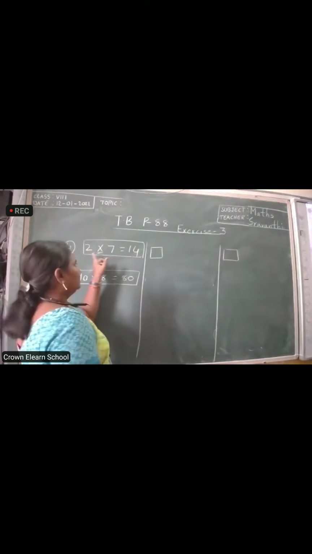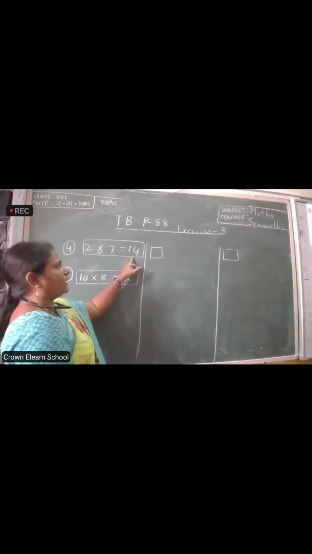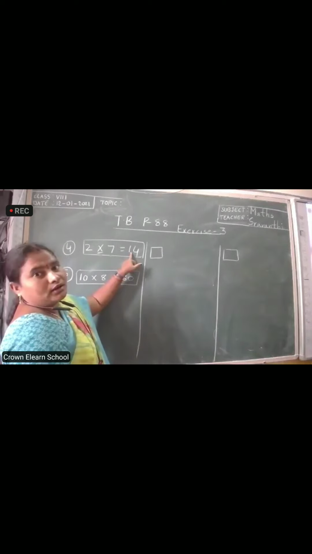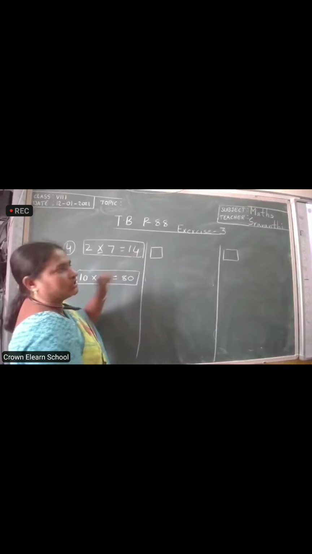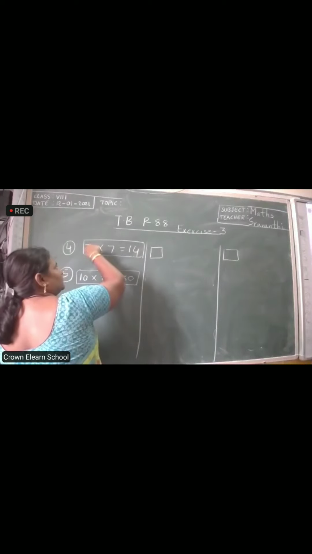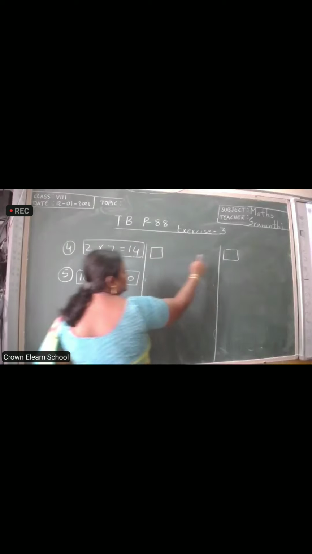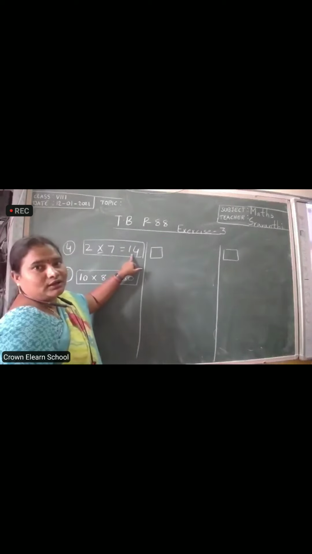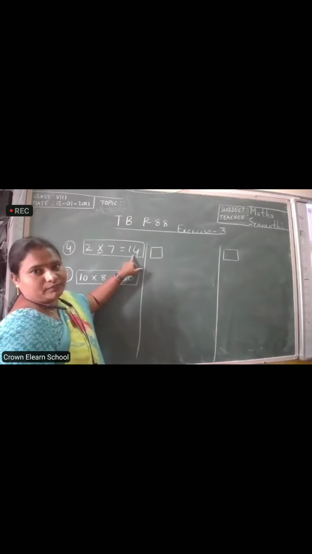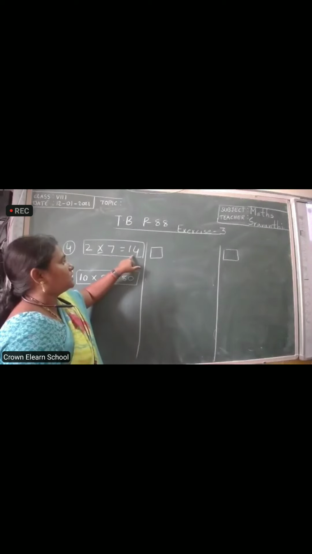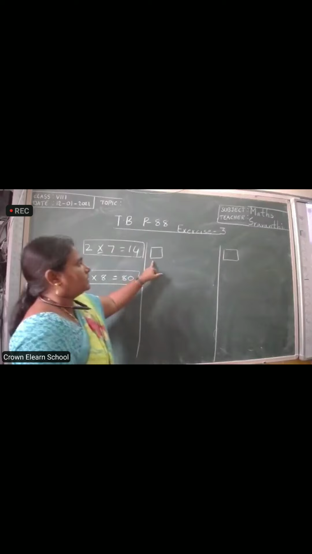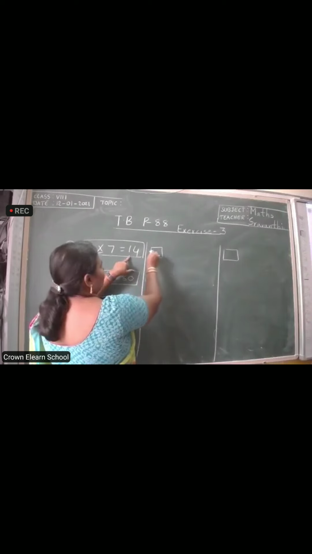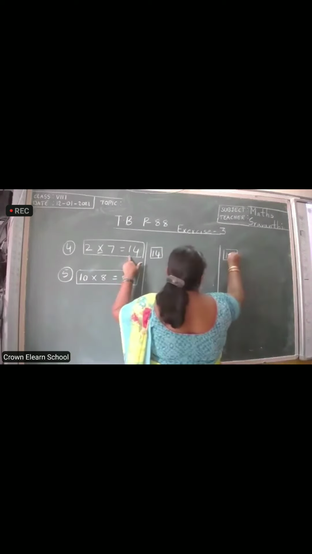So, to write divisions, we will take the answer. Here in the multiplication form, 14 is the answer. So, we take 14. Why? Because division is inverse of multiplication. Inverse, that means we are going back. We are going in reverse to write division form. Okay, reverse. Here it is a number, ending number, last number. We are putting this last number into first in two division forms. Okay, so 14 is the answer. Take 14 and let it be the first number for two division forms.